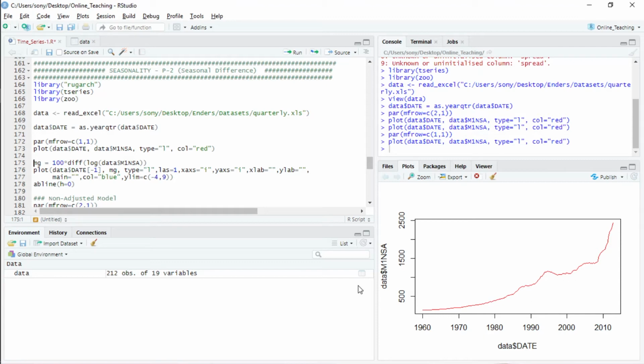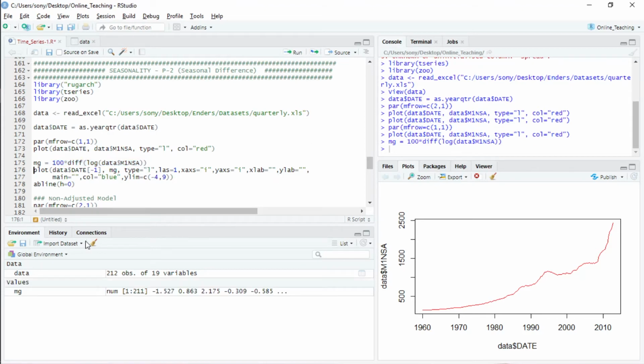Let's see its growth rate. So this is the actual data. If I plot the growth rate of it, to find out the growth rate, I am first converting the data into log format, then taking the differences and multiplying it with 100. So this will give me growth of M1 in percentage terms. So if I run it, now it's done. Then if I plot it,